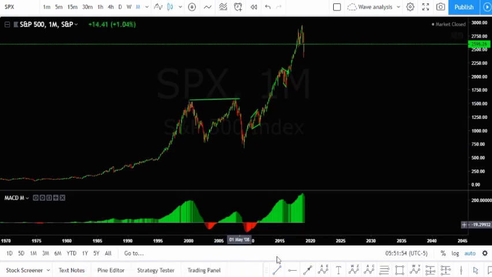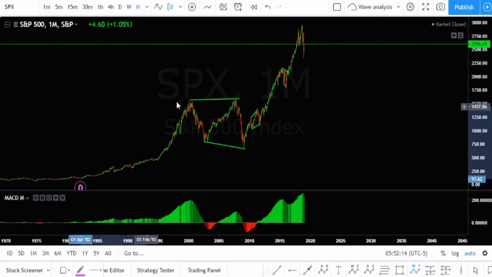So let's just mark this was our correction. And what we can see here is that we had no divergence. So the rules are, remember, we will label this,